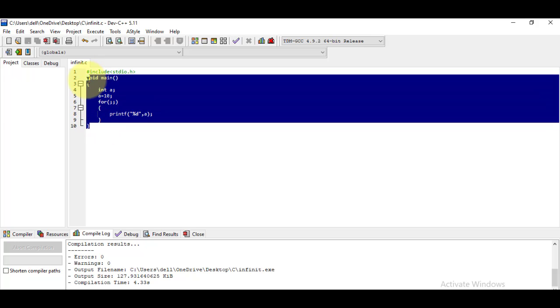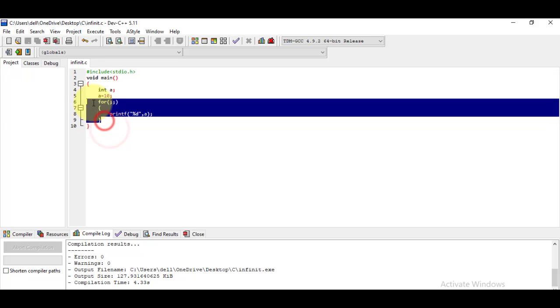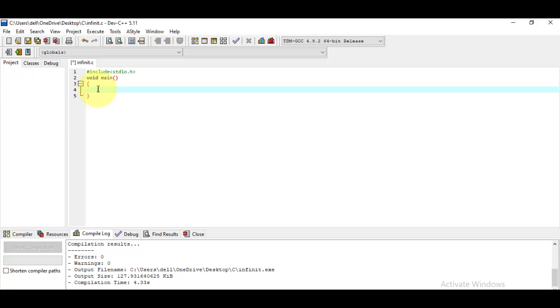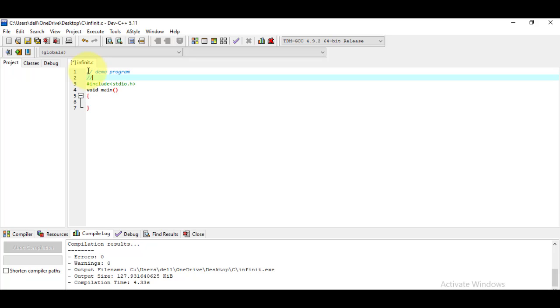I'm removing these lines, as they are no longer required, and here I'm writing a comment: demo program to display prime numbers from 1 to 100.